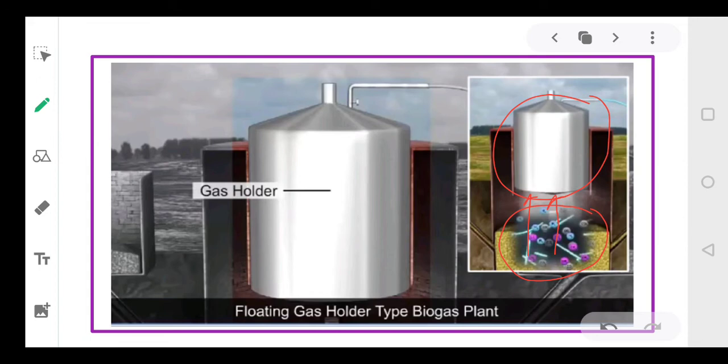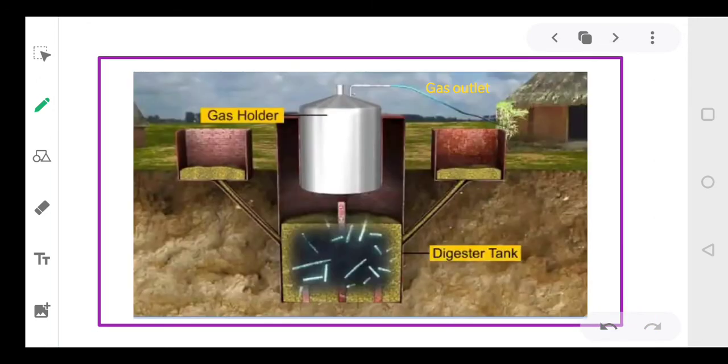Okay, dear students. Now as the gases are being continuously produced, the gas holder will move continuously up. This gas holder is connected with the gas outlet, and this gas outlet will supply the gas to your kitchen, and in the kitchen we can use this particular gas for cooking. We can cook our food, right? We can connect the cylinder to our gases. Same way we can connect this gas outlet with the cylinder,